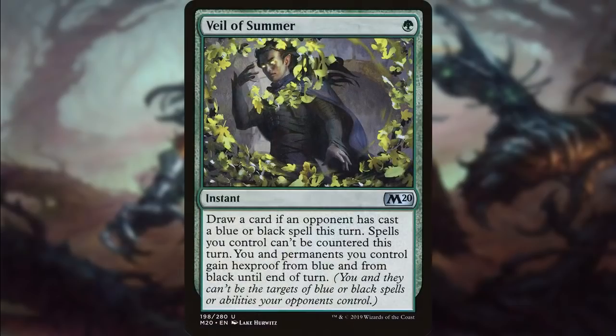And although it's not a counter spell, it is actually a pretty good card to have in any deck that is capable of killing an opponent really quickly. Veil of Summer: you draw a card if an opponent has cast a blue or black spell this turn. Spells you control can't be countered this turn. You and permanents you control gain hexproof from blue and from black until end of turn, which should right away protect you from counter spells, but it also probably helps you against what is one of the better removal colors